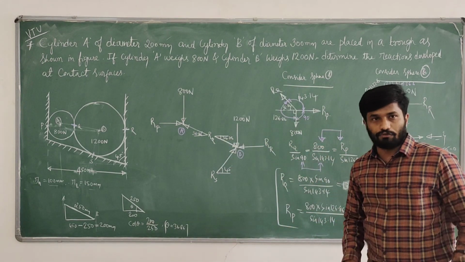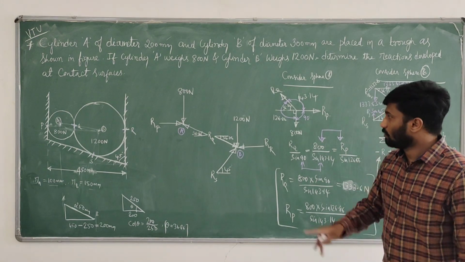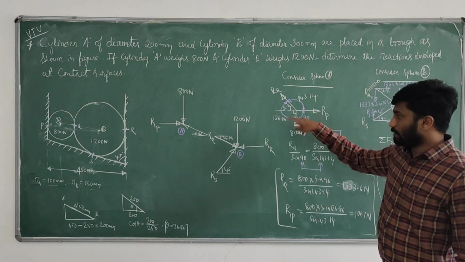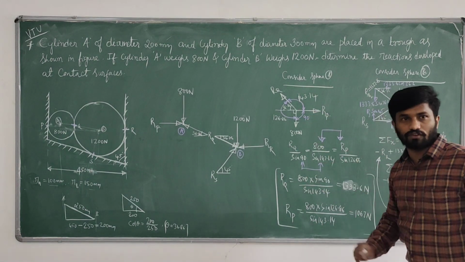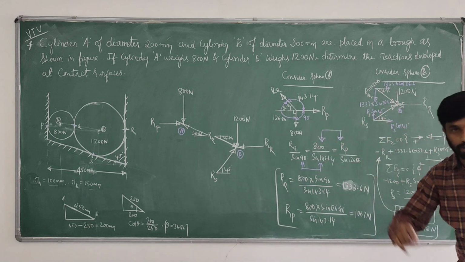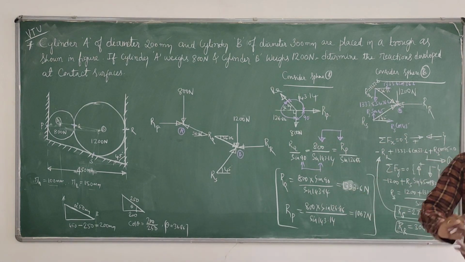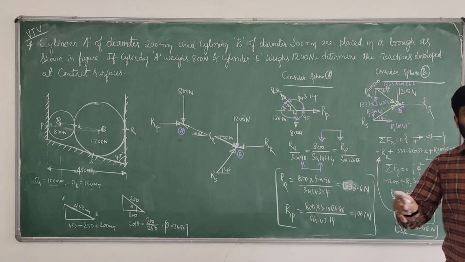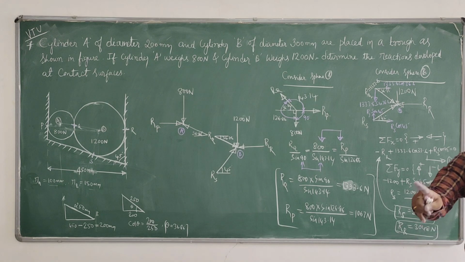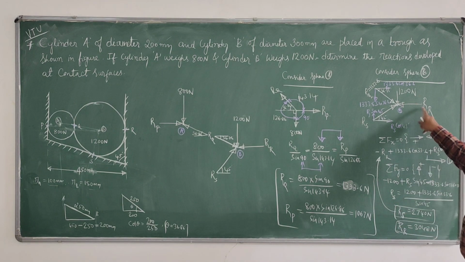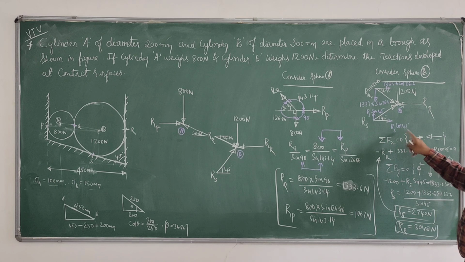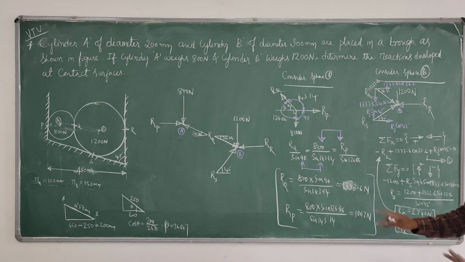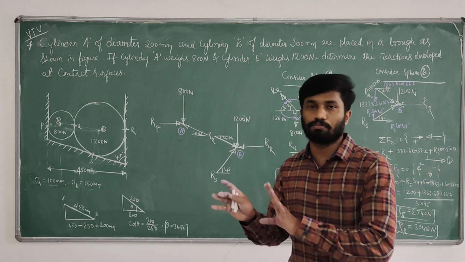Consider the least. If 3 forces are there, apply Lami's: construct 3 mutually perpendicular points from a single concurrent force system, find the angles, apply Lami's, determine the forces. Next, whatever you require, consider another free body diagram. If there are more than 3 forces, we cannot apply Lami's. We go for equations of statics or equations of equilibrium. For a concurrent force system, there are 2 equations of equilibrium: sigma Fx equals 0 and sigma Fy equals 0. First write the free body diagram, resolve inclined forces, apply sigma Fx equals 0, sigma Fy equals 0, determine the unknown forces. This is how to solve this kind of very simple problem.